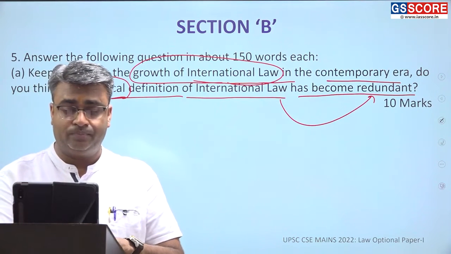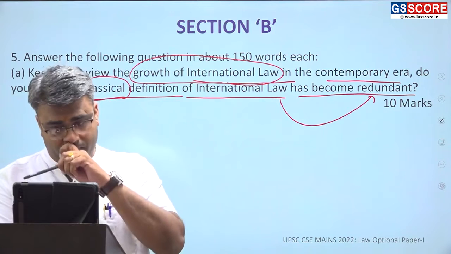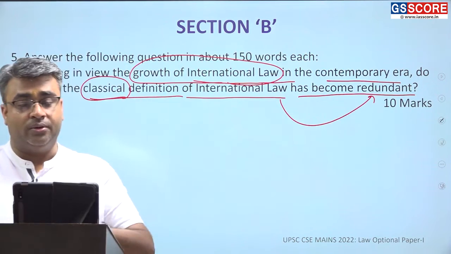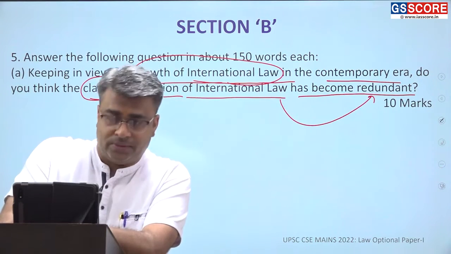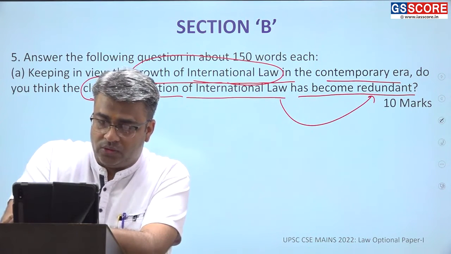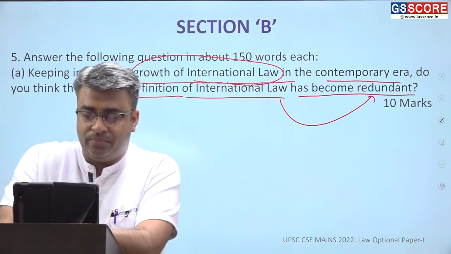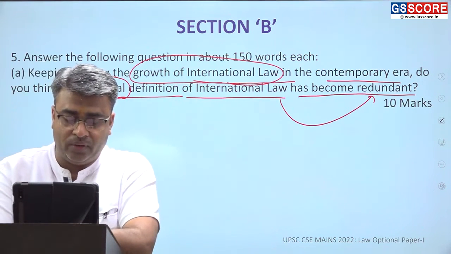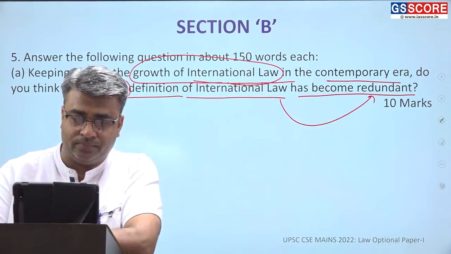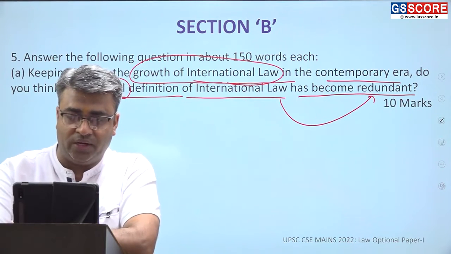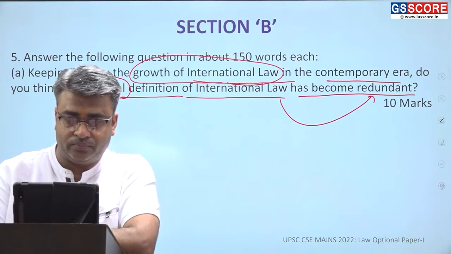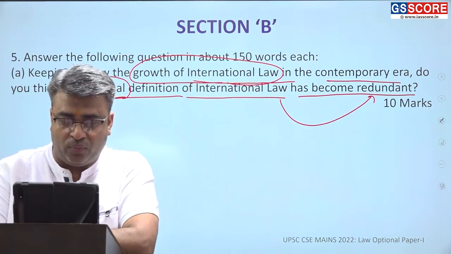Like for example, Austin, Hobbes, even Hugo Grotius, who was considered the father of international law. So these persons have given definitions of international law. I will mention specifically the definition of Oppenheim. If you refer to this definition, Oppenheim said the international law